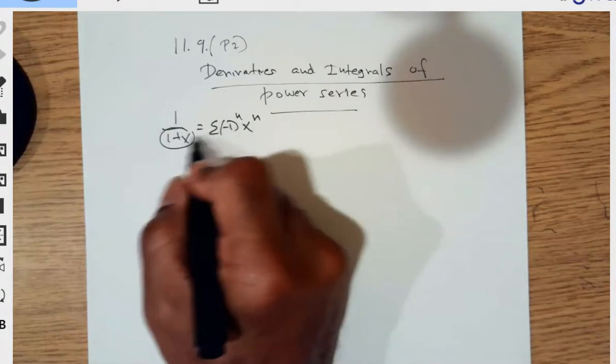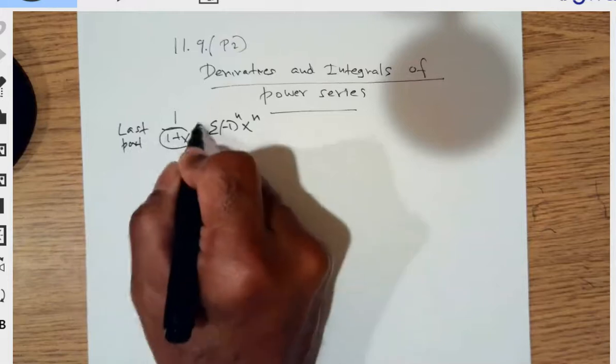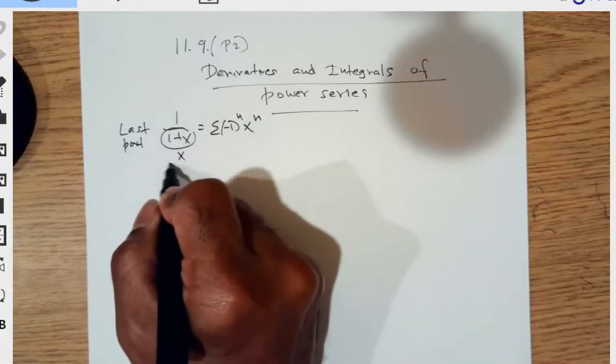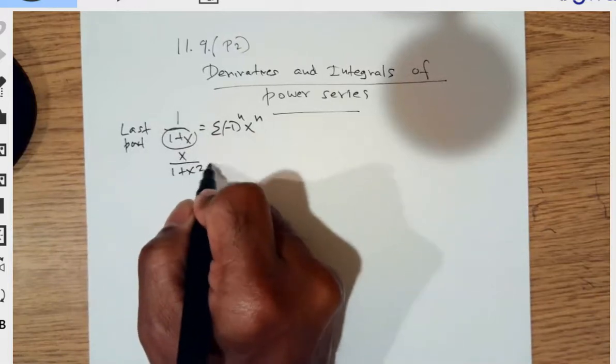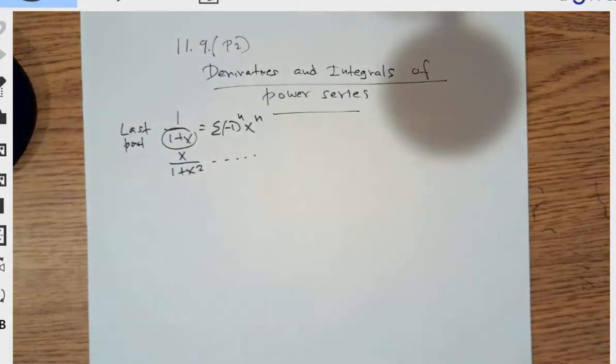Last part we did that, right? And then using this, we actually got things like x over 1 plus x squared, etc. We were able to expand it as power series. Now there's a really neat trick which says that if you do have a power series of a function,